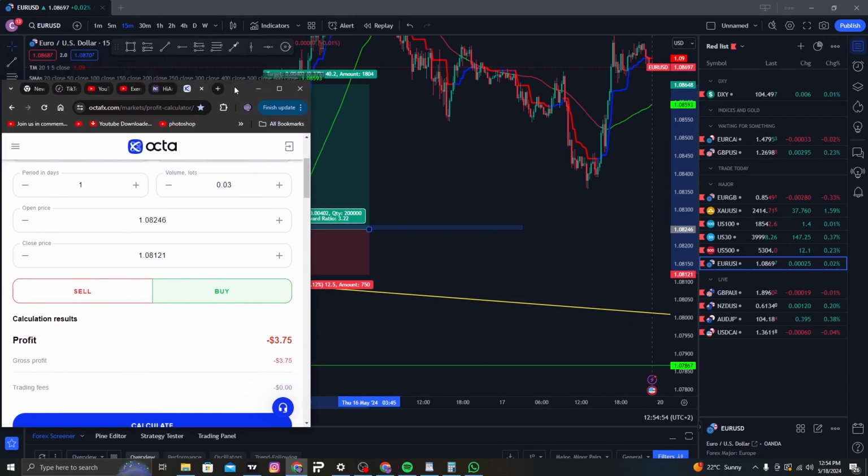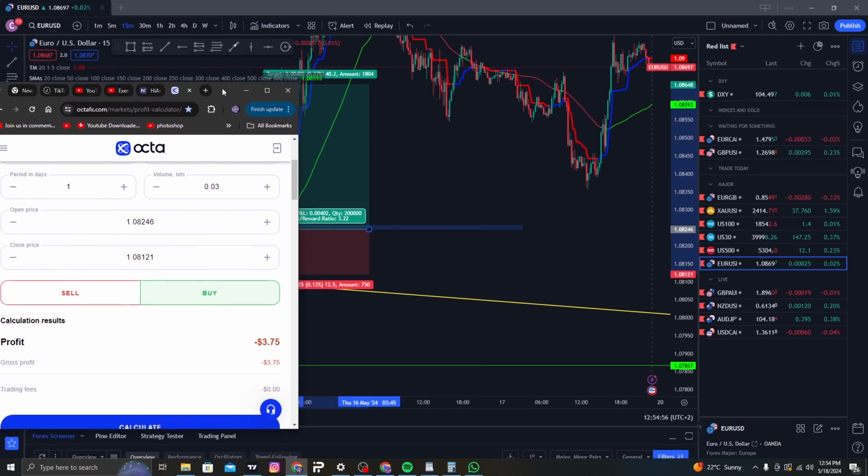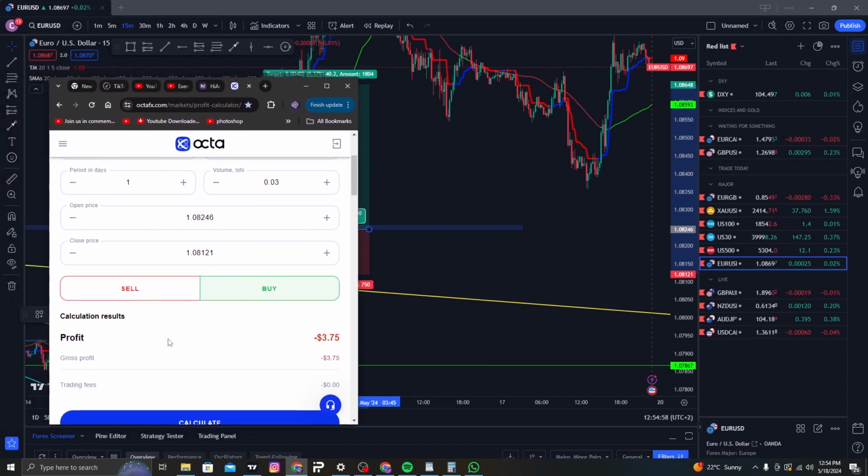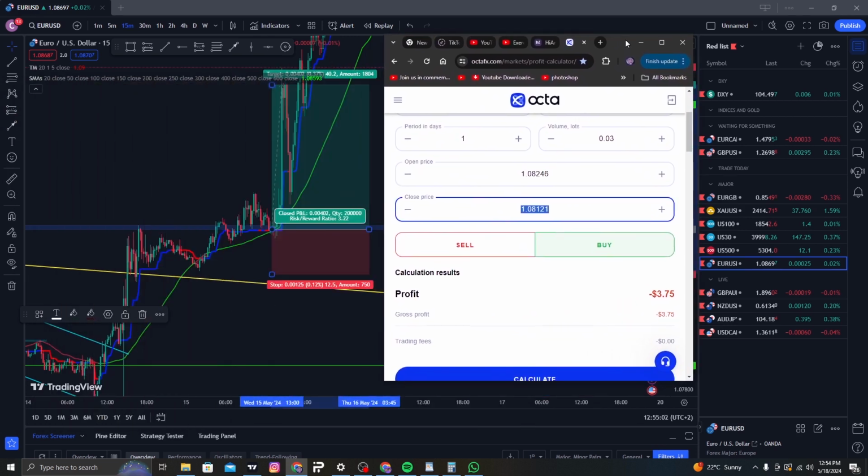Okay, so now we're doing the same thing. We open price. This is what we're going to do. We're going to go here and change our what? Our closing price. This is basically where you want the market to go. Now our closing price is this level here,